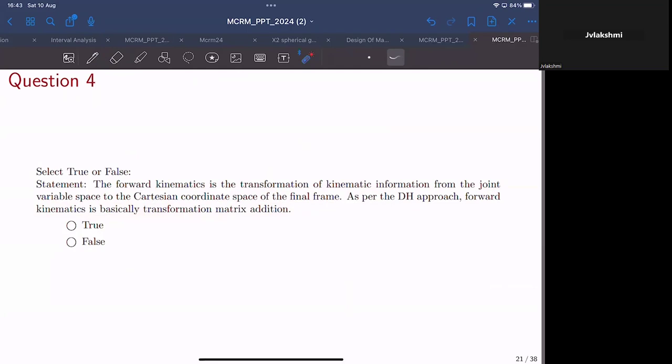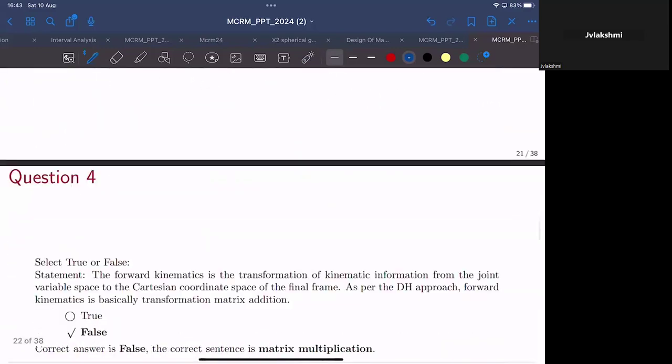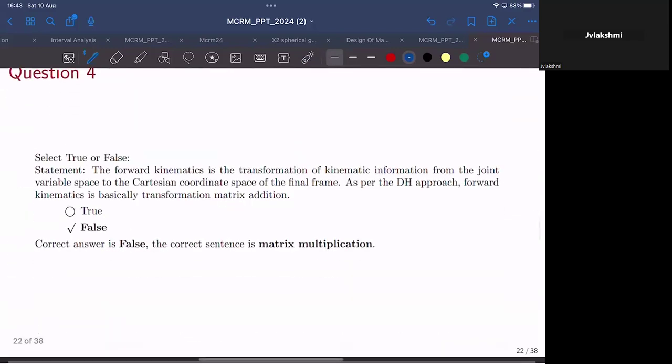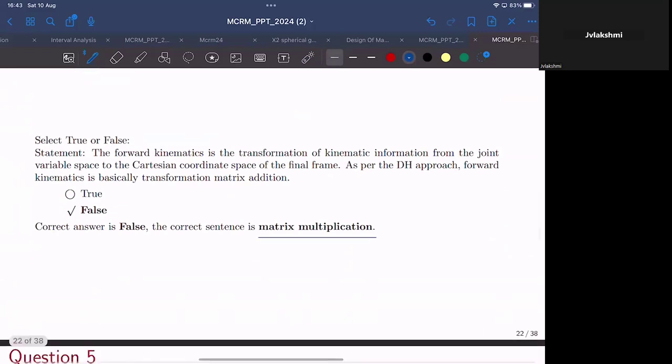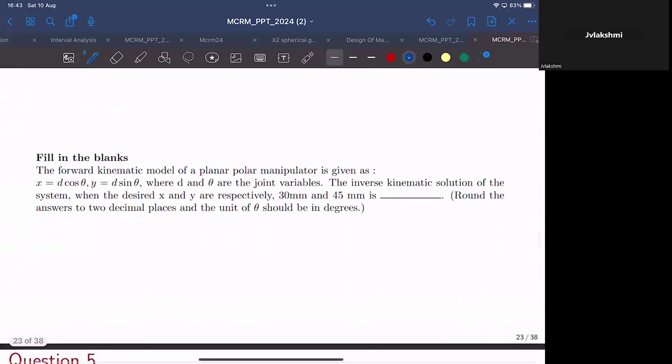False, sir. We are multiplying the transformation matrix, right? Yeah, exactly. Because if you want to map from 0 to the nth frame or the end effector frame, we progressively multiply the successive transformation matrix n minus 1 to n. So that is indeed false. Okay, it's matrix multiplication. So question 5,